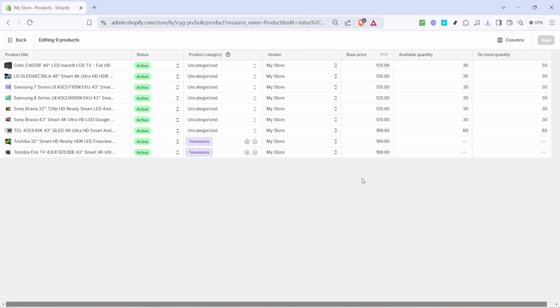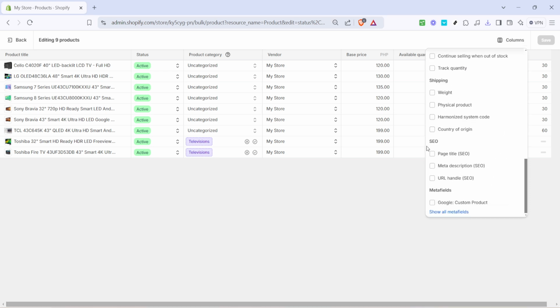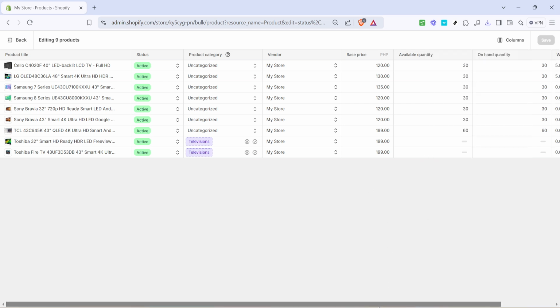This feature allows you to customize your view and make changes to specific attributes such as product weights. In the bulk edit view, look at the right hand side and find the columns option. You'll want to click on this to adjust what information you're seeing. A drop down menu will appear, and from here make sure to click on weight to add that column to your view. This step is crucial as it makes the weight column visible and editable.